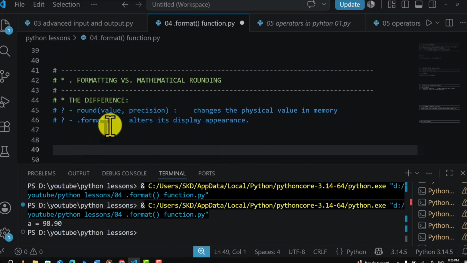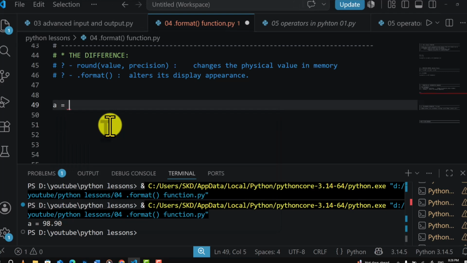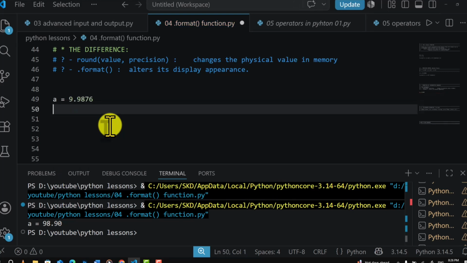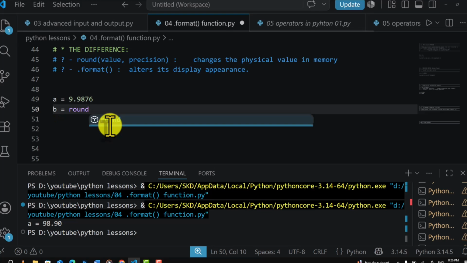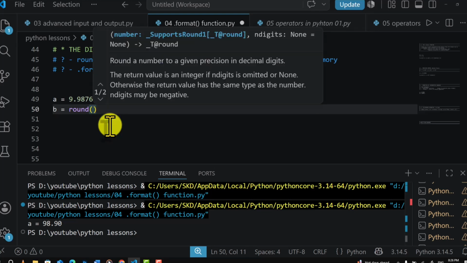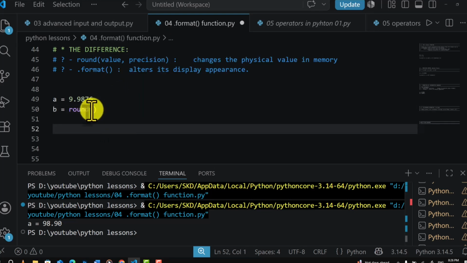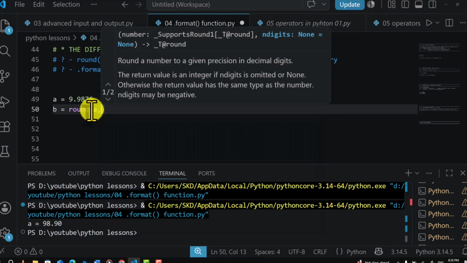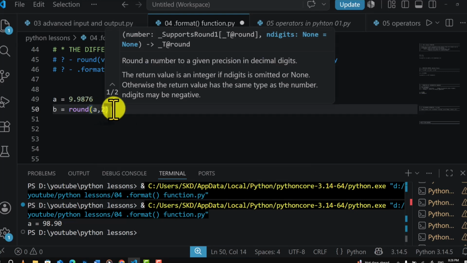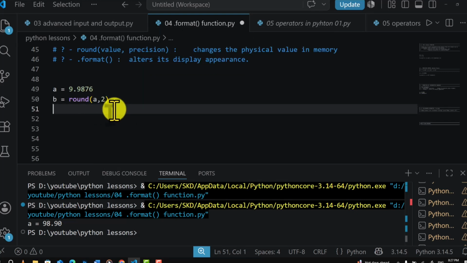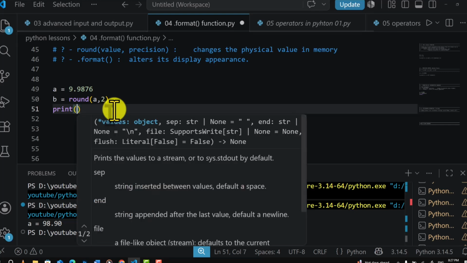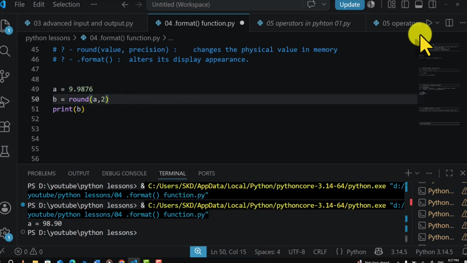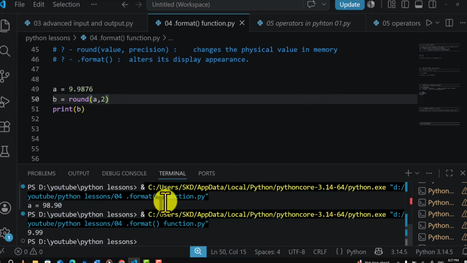For example, again I have a is equal to 9.9876, and I'll simply write b is equal to round. Inside round we will have the value, for example a, and how many decimal places do I want to have, that is b. 2. So if I print b now and run it,